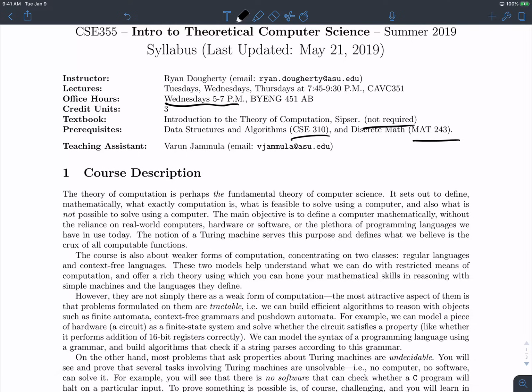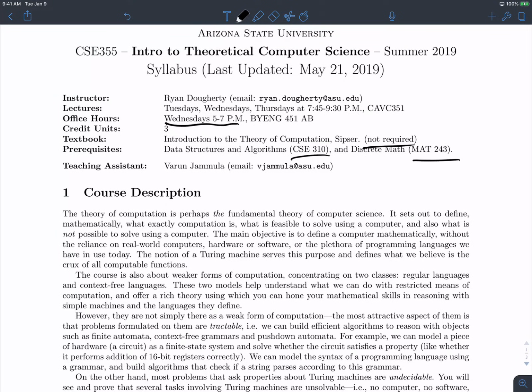So if you're not up to speed on 243, on discrete math stuff, first off, get acquainted with it. But if you're not sure what parts of discrete math we are going to cover or require, Chapter 0 of the CSE book has all of the discrete math that you need. There are some things you may have taken in 243 that we're not actually going to use. Chapter 0 is your friend here.